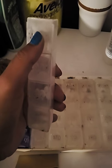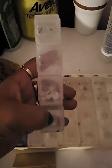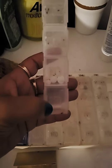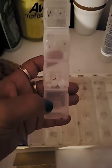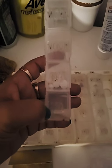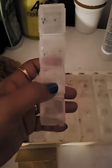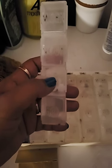So I have some in the morning that I just took, and then I have some in the evening that I've got to take, and then I have one at bedtime in case I need something to sleep, for example. I haven't had to use my sleeping medicine, so I keep it separately so it doesn't get mixed up with the evening stuff. That way I don't get tired if I take it too early. So organizing the pill box, you do it by the day,